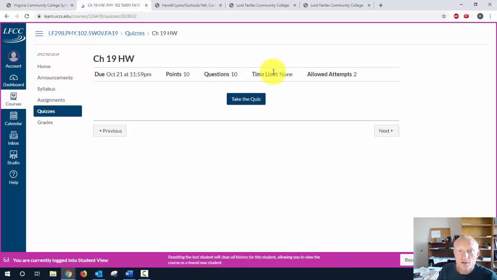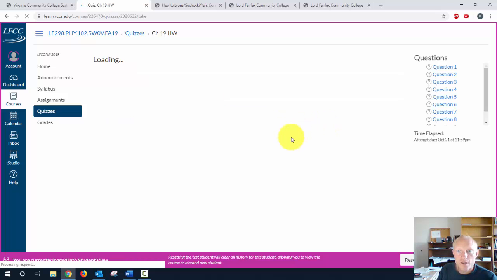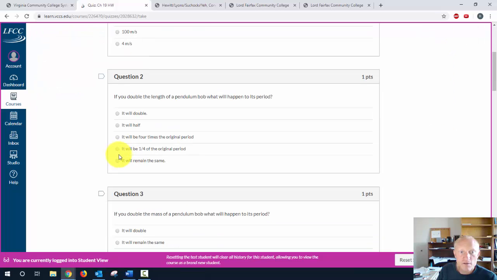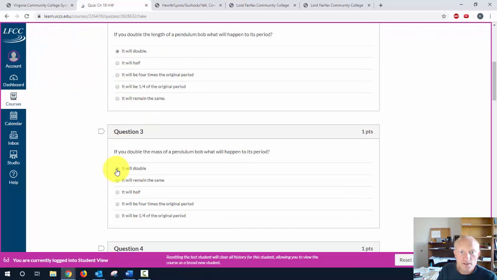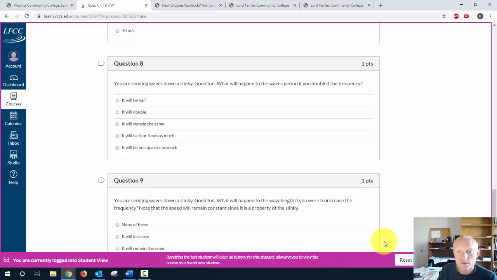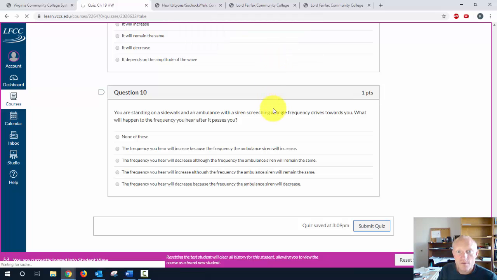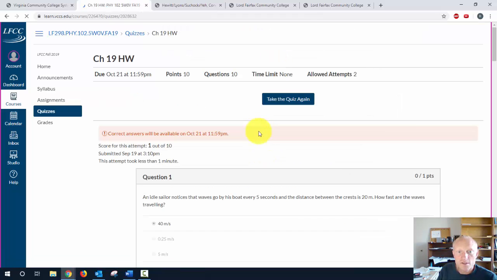You can see there's no time limit on this one. We've got 10 questions worth 1 point each, and I'm allowed to have 2 attempts at it. So we can go ahead and take the quiz, and you can see the questions over here. I'm just going to randomly click on a couple of these, and if I get one right, hey, you got the answer for it. I submitted it, it yells at me because I didn't select all of them, and it's going to say, okay, well,